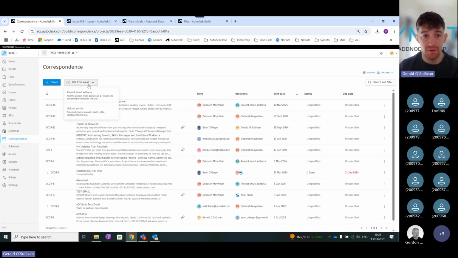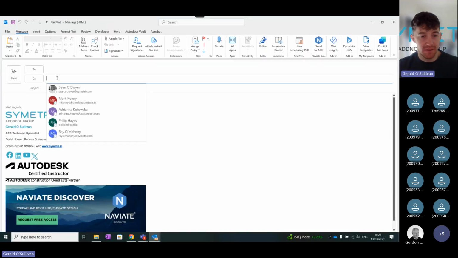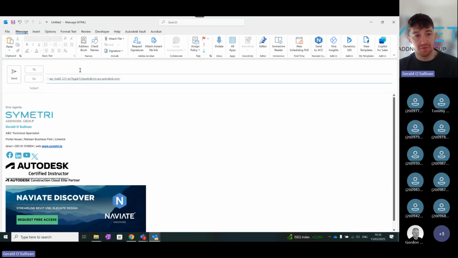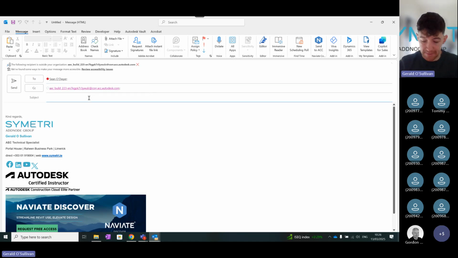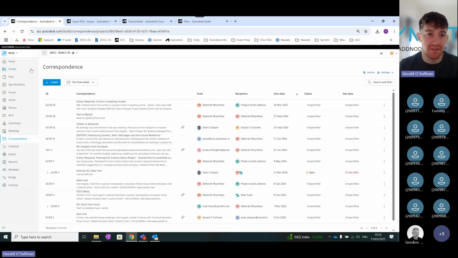either upload them manually from your emails, or else when you're replying back to anyone, you can blind CC this email address. So if I just copy this, and in my emails here, I just create a new email, bring this over. You can actually include this email inside here. And by including this email, if I send this to someone, I'll just say project information, see attached. Now if I go send that anyway,